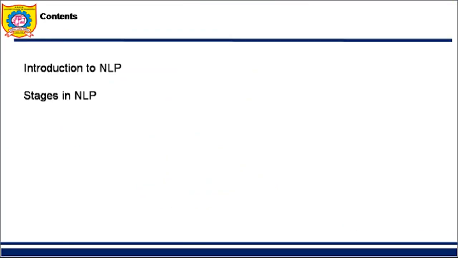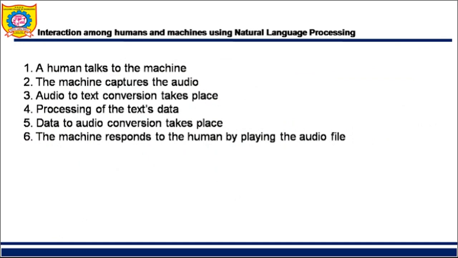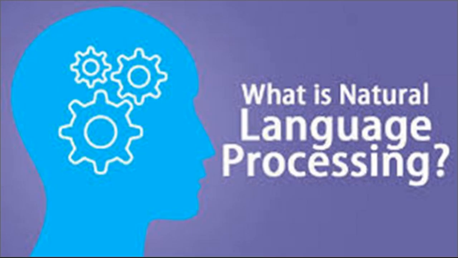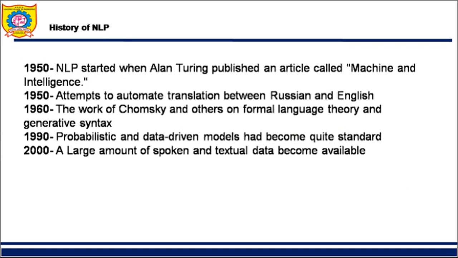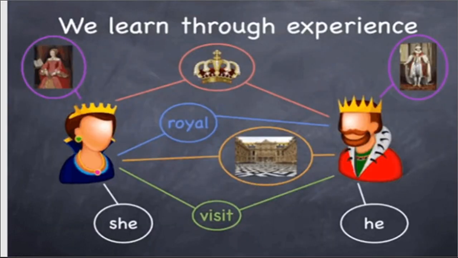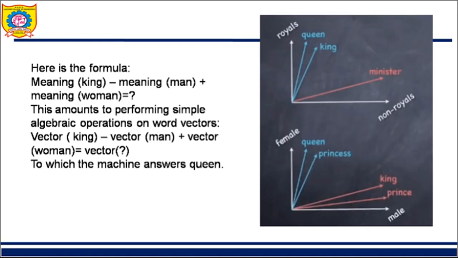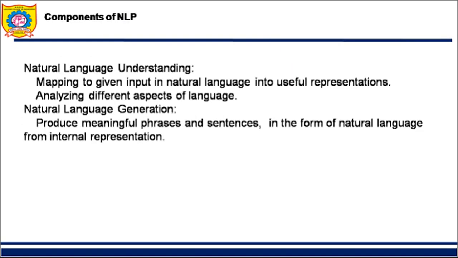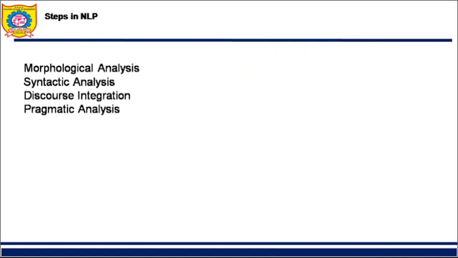So in our previous videos we have learned an introduction to NLP, right? We have seen that we require natural language processing so that a human being can communicate with a machine. The machine can understand what a human being wants to say, and further it can respond accordingly. Fine. We have seen word vectors. We have seen components of NLP, and we have seen various terminologies with respect to NLP.